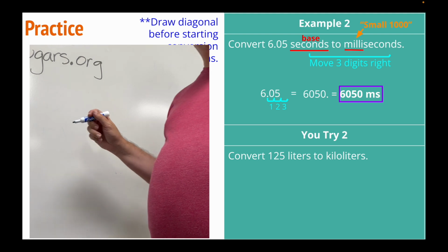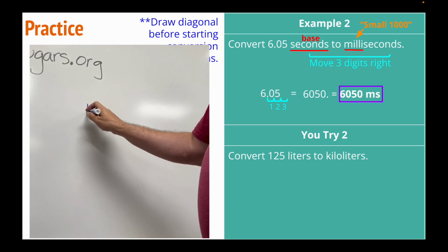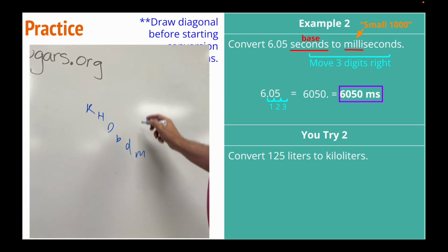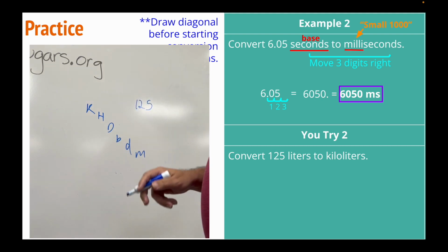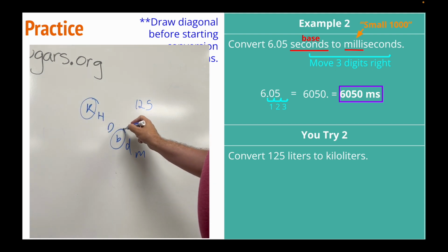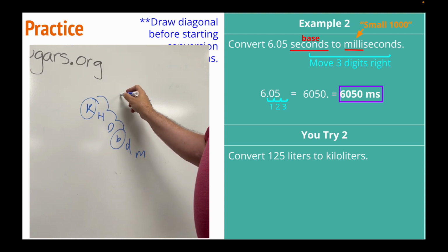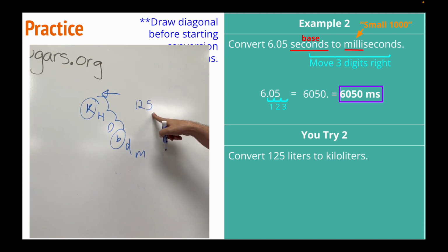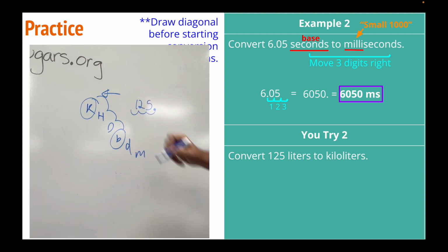Okay, welcome back. So we have King Henry died by drinking chocolate milk. We have 125 liters. So we're here at the base unit. And we're going to kiloliters. So we're going 1, 2, 3. We're going to the left. So where's the decimal here? If we don't write the decimal, it's always at the end, right? So we're going to move 1, 2, 3. So our answer is going to be 0.125